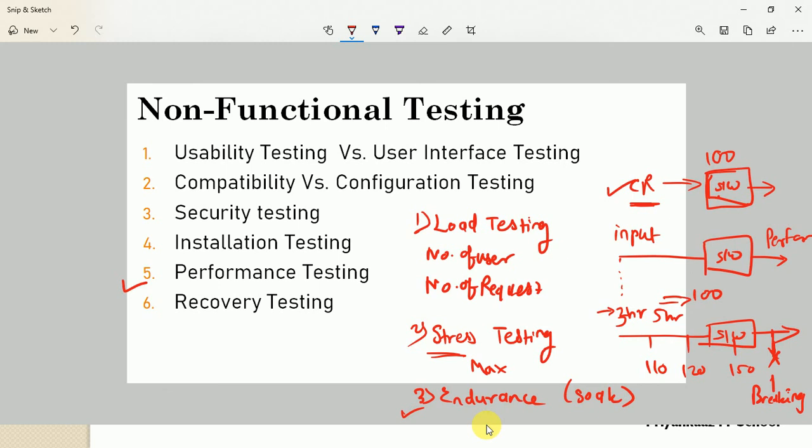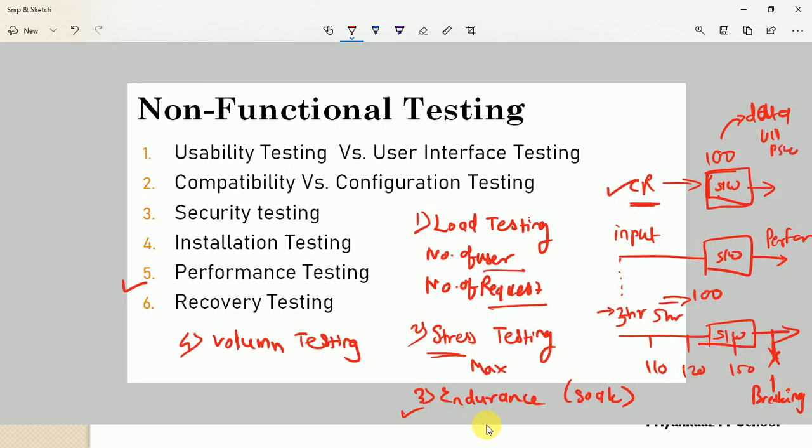We have one more type, which we call volume testing. What is meant by volume? Generally, whenever we apply load, that load is nothing but users, either the number of users or the number of requests. Suppose you are testing any login functionality, at that time 100 users need to pass data to our software application, and that data contains of course both username and password.